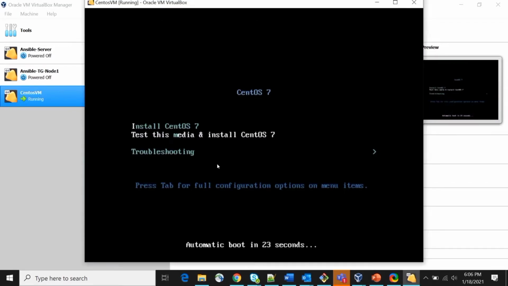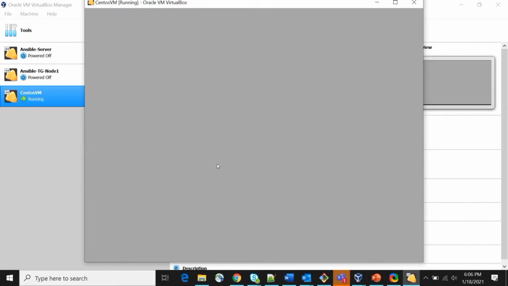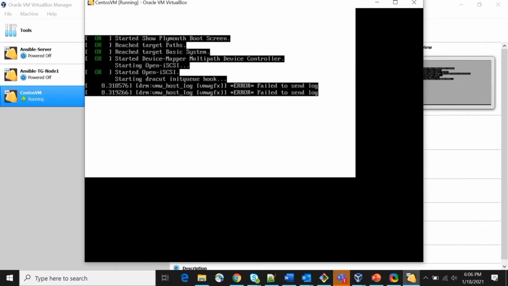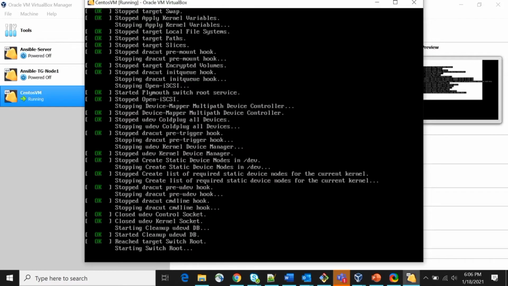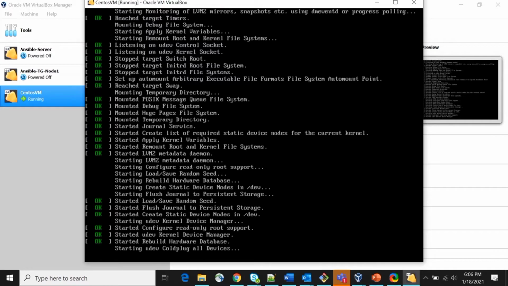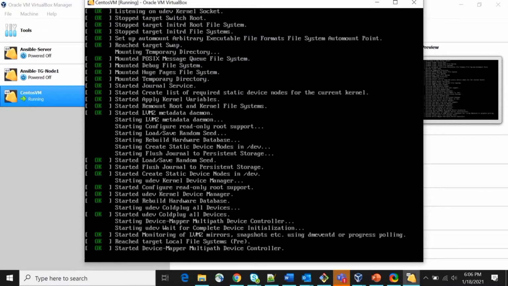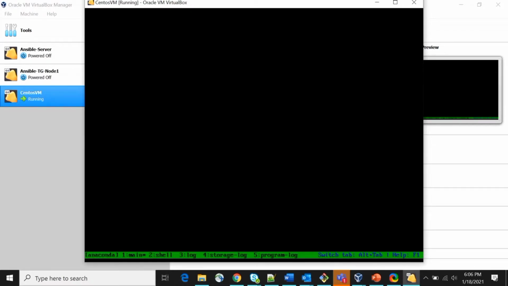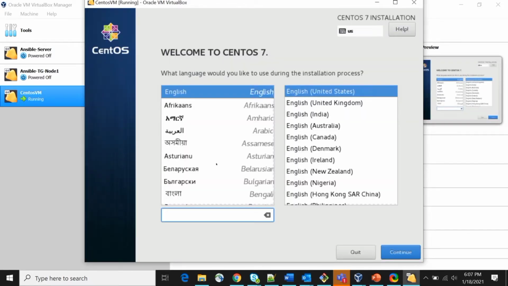Great. So the first option, install CentOS, obviously we need to select this option. Then it is actually reading from the ISO image. Great, it will take some time, approximately 1 or 2 minutes maybe. It is loading all the drivers and starting up the basic drivers to boot from the ISO image. So the screen appears here. We need to select the language here. I am selecting the default English, United States. Continue.